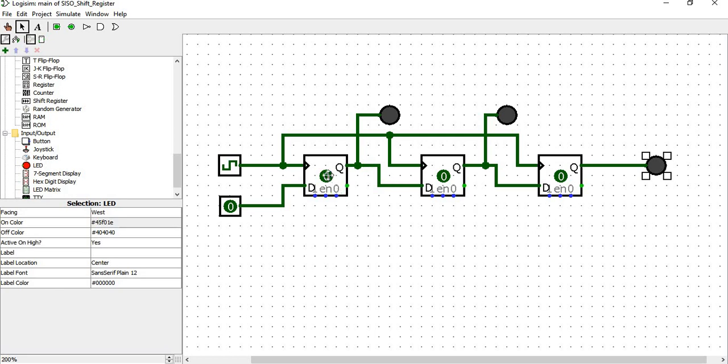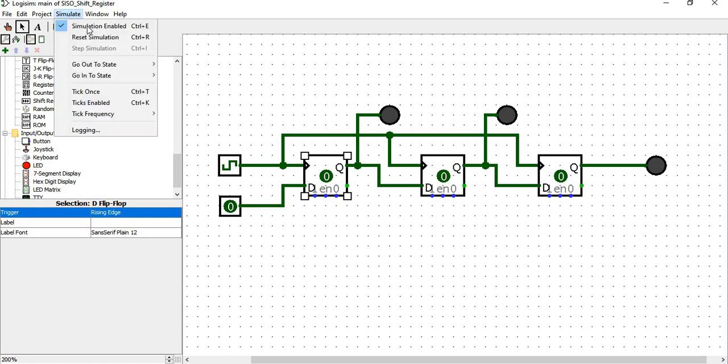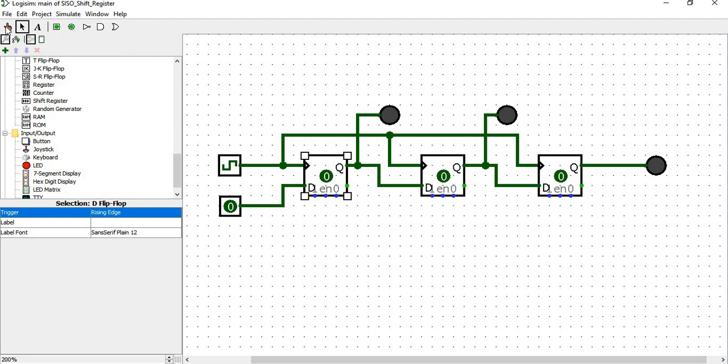See, when you click over here, you can get the details about the flip-flops, right? The trigger they are going to use is the rising edge. Here you can choose whatever trigger type you want. Now, how to execute that? Make sure the simulation is enabled. Then here you have this icon. This is poke. I want to run the simulation, so I will just click over here, right?